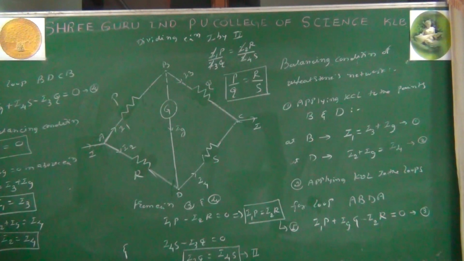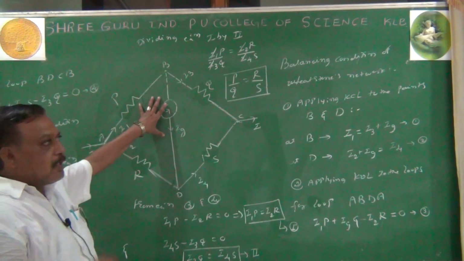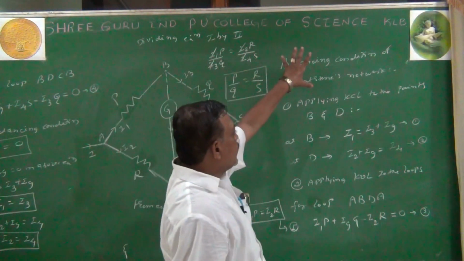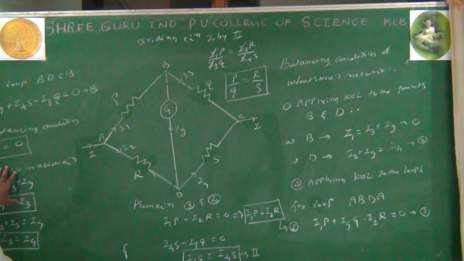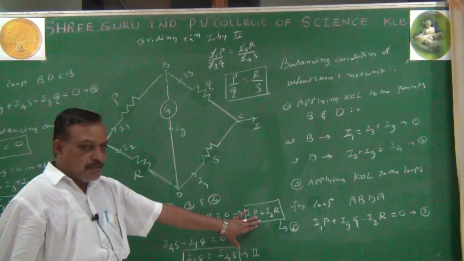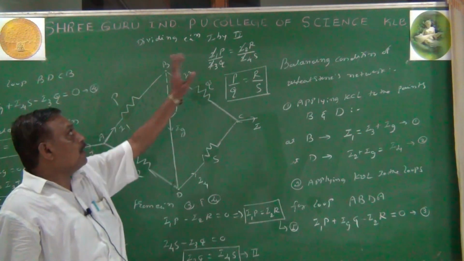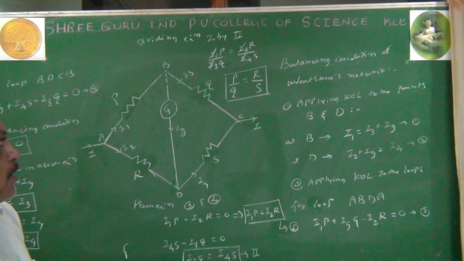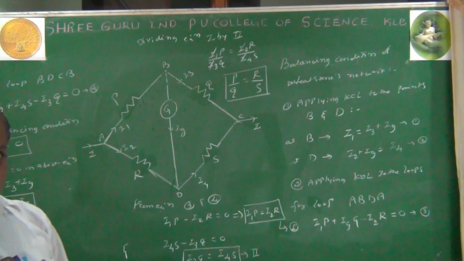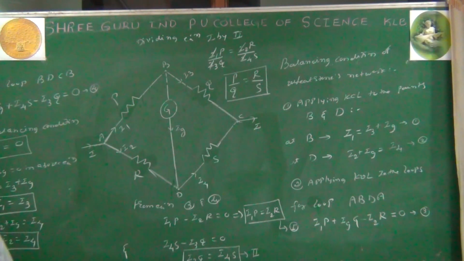Now this is the balancing condition of what? Wheatstone network. First understand the figure, then after understanding the figure, go for these equations within a short span of time. After substituting Ig equals 0, the equations are reduced to Roman 1 and Roman 2. Then dividing equation Roman 1 by Roman 2, we come across the balancing condition P by Q equals R by S. A small time should be given for you to glance at the equation. Go for that.